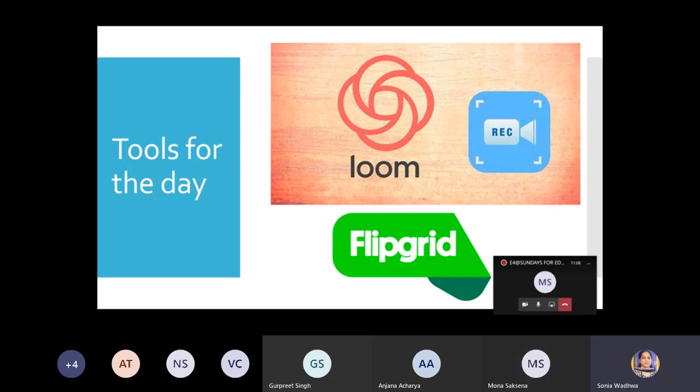So you have basically 3 versions of recording. One, you only record the screen. Second, you record the screen with your voice. Third, you record the screen with your voice and with your own self featured in the video in one corner. So these are the 3 ways in which the recording is facilitated in the Loom app.